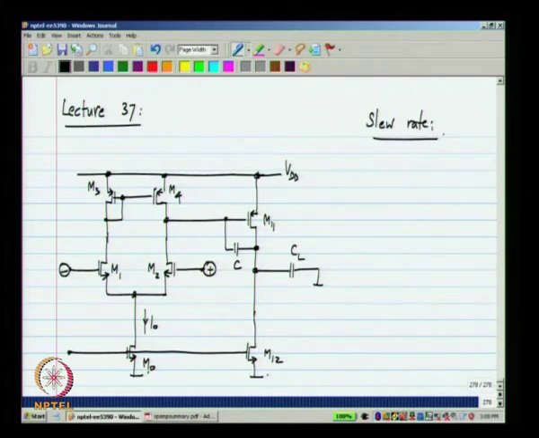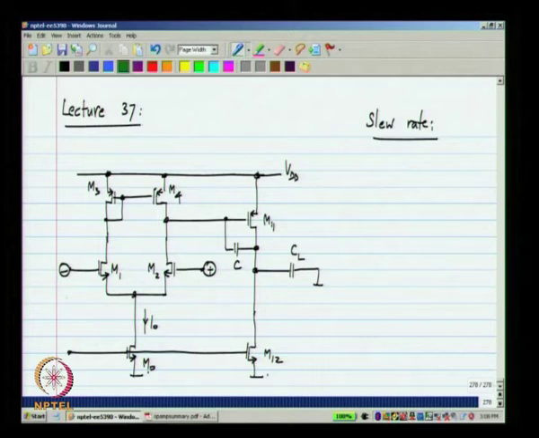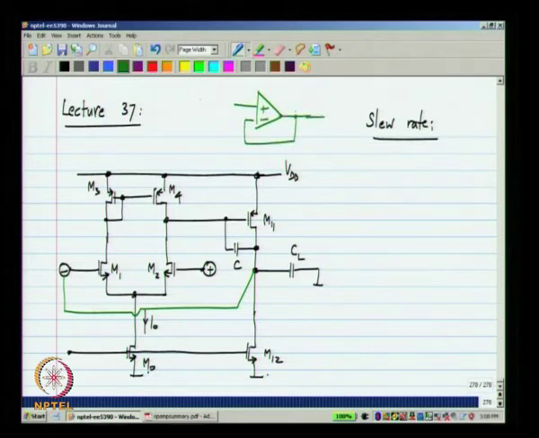The slew rate as usual is limited by the amount of current flowing into some capacitor, which limits the rate of change of voltages inside the op amp. As before, if we test the op amp in unity gain configuration, that is, I make this circuit and apply a step and look at the maximum rate of change of the output voltage, the input is V by S plus some step V I.